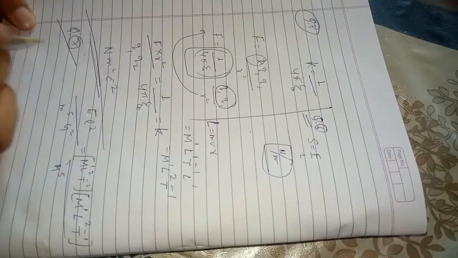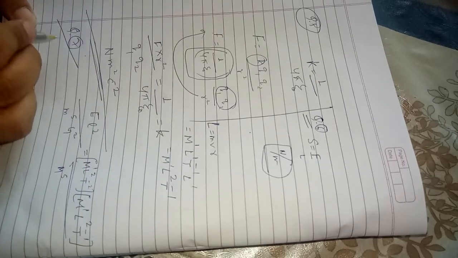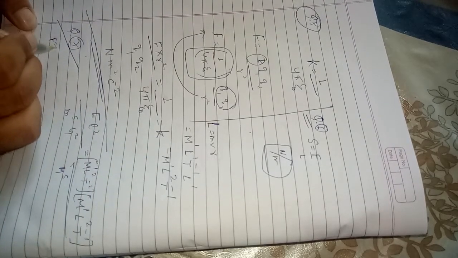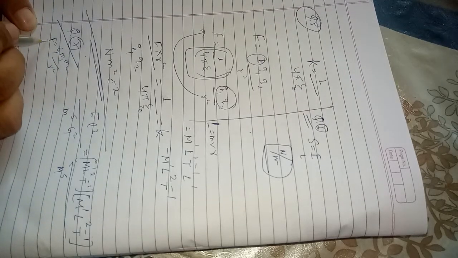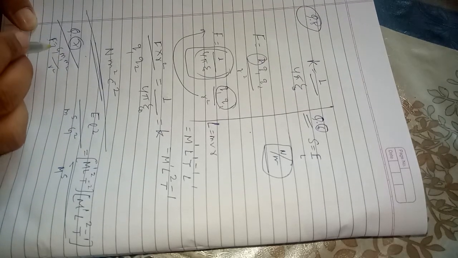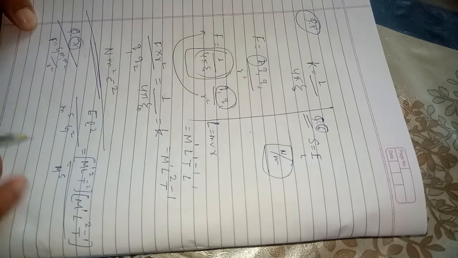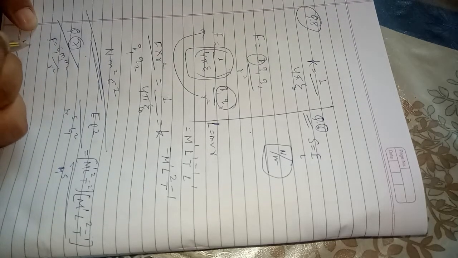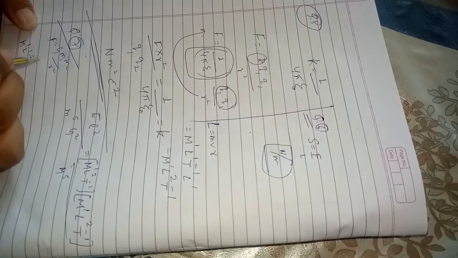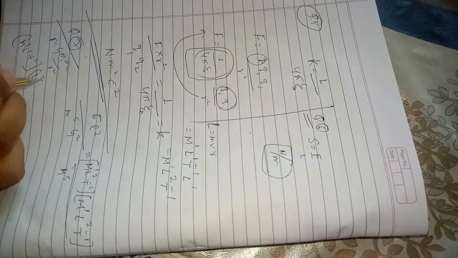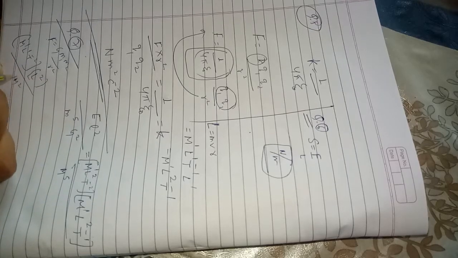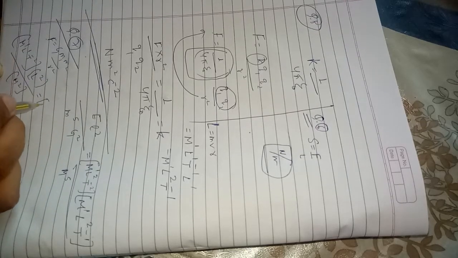Okay, so for finding out this G, we already know we have used F is equal to G m1 m2 by r square. So from here we'll find out the dimensional equation for G, and we'll substitute it here. So this is M L T minus 2, we'll multiply r square, that is L square, on that side, and we'll divide by M raised to 2. So this will be the dimensional formula for G.